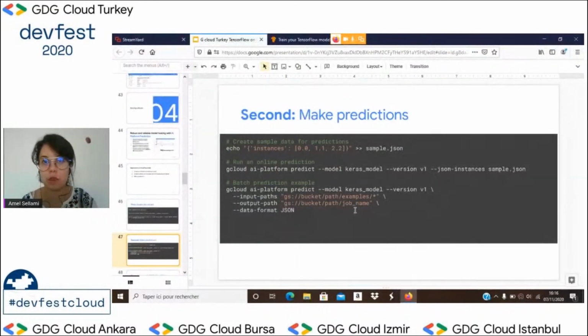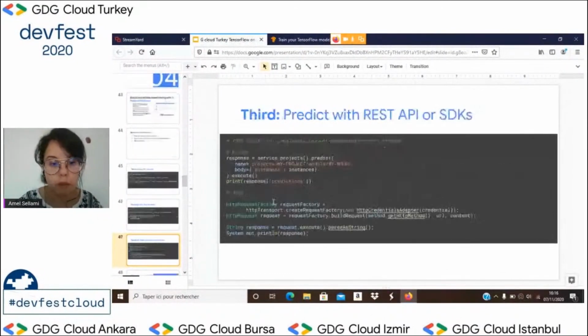Then after creating the model, we make the predictions. For making predictions, for example, we have this simple data JSON. We run an online prediction. We give it gcloud ai-platform predict, the model Keras model, and the version that we have specified, and we give it the simple data that we have. We run an online prediction on our data. It could be one entry point or a batch prediction. With batch, you just need to give it the input and output path to make the difference. And this is one of the best things about AI Platform.